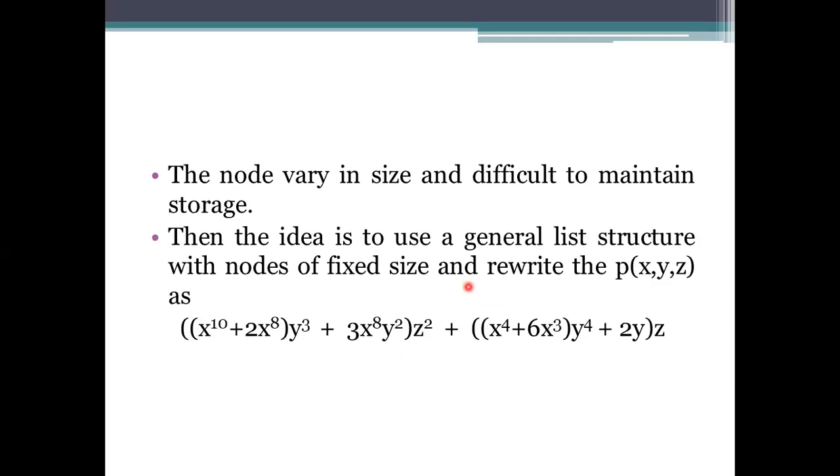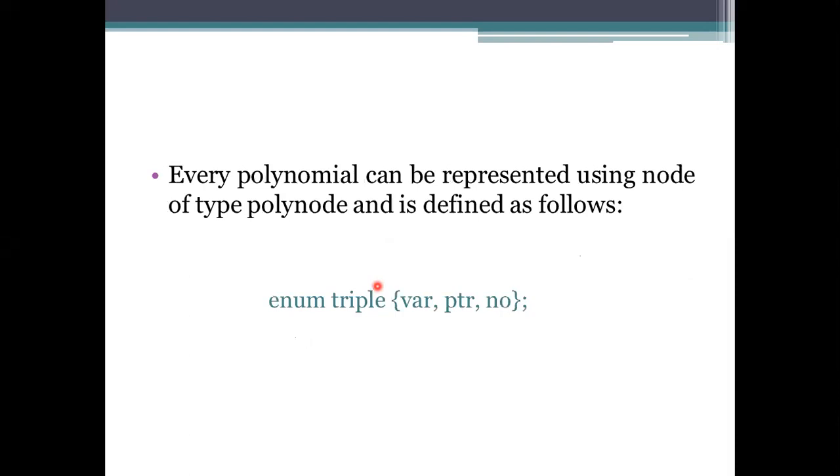we need to see whether it is of fixed size or not. If we take a fixed size representation, then it will be easy for processing. In this example, we are giving the fixed size based on z, which has the exponent 2, and it has the values x, y. If it allows us to take a common factor, then use this common factor and minimize the processing of this polynomial.